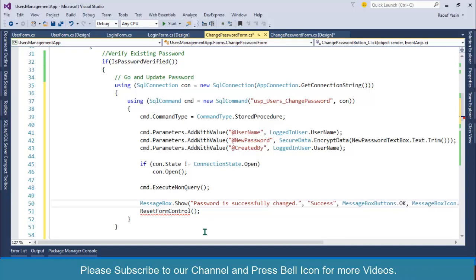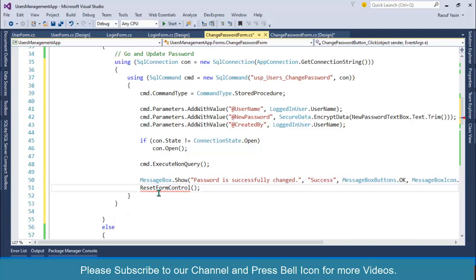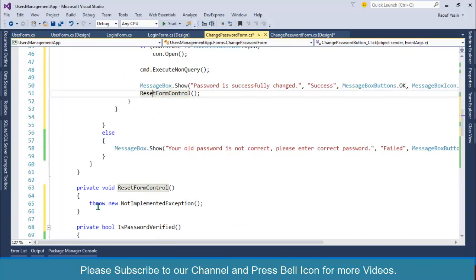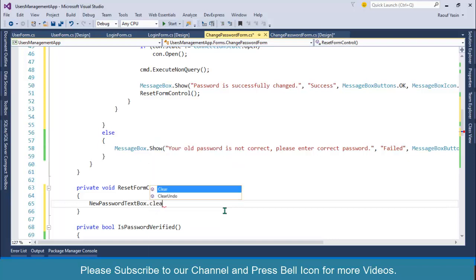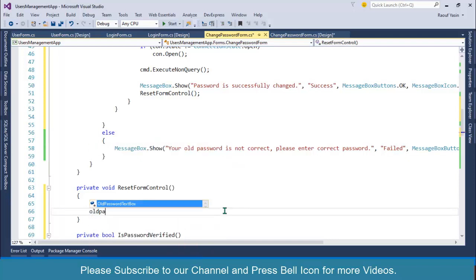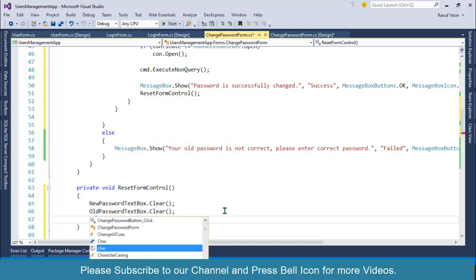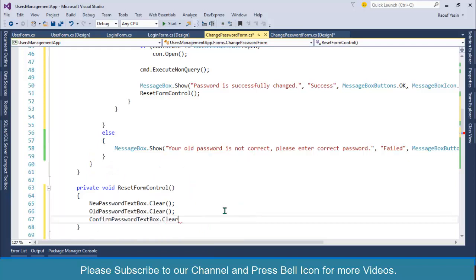Okay, and obviously we need to reset the form controls. I'll generate this one and I'll reset new password dot text dot clear, then old password dot clear, then confirm password dot clear, and after this I'll set old password dot focus as well.